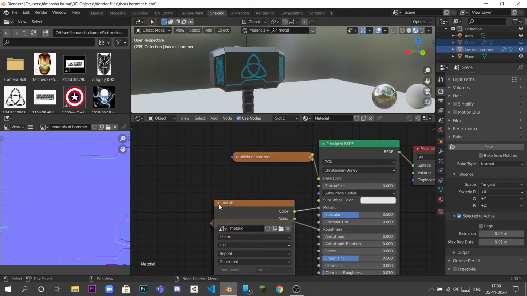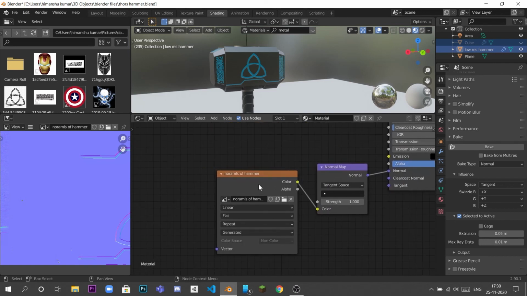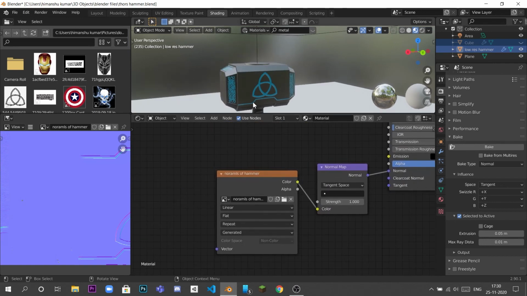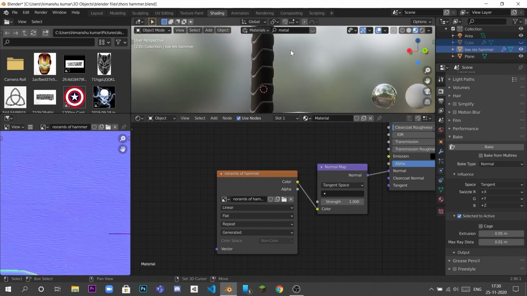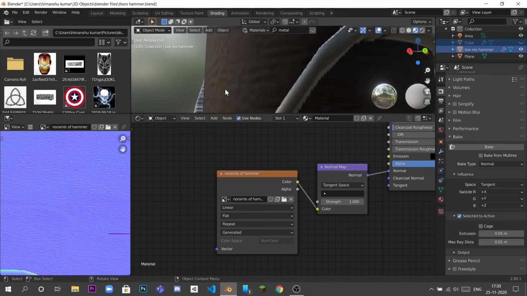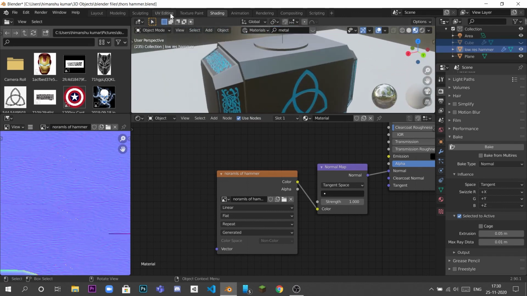I have baked the albedo map, the metallic and the roughness map, and I have baked the normal again. I think it is an important step, and I have also cleared up the error, because in the normals we baked before we didn't get this handle texture, which is part of the texture of the high-res model.